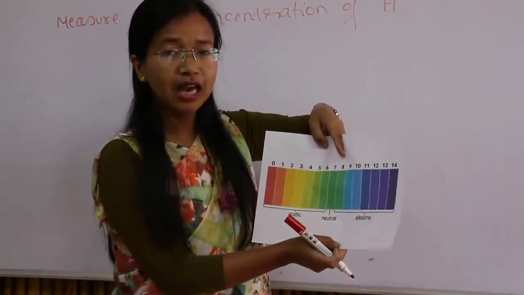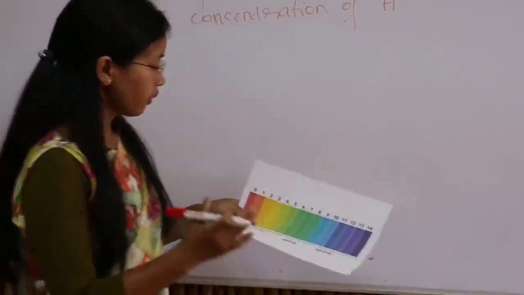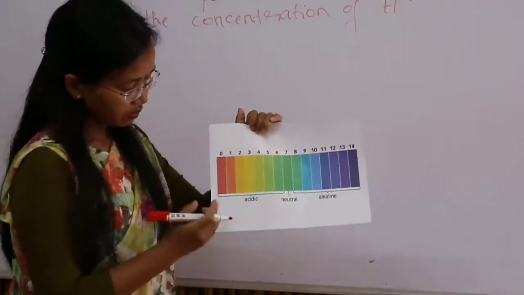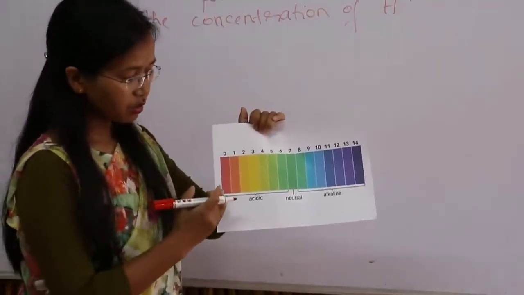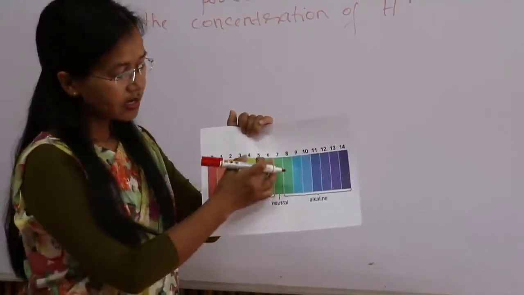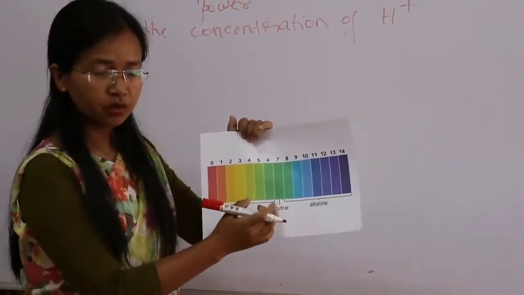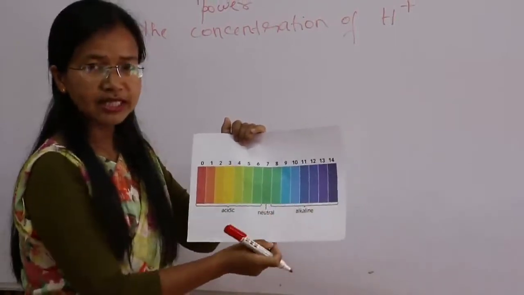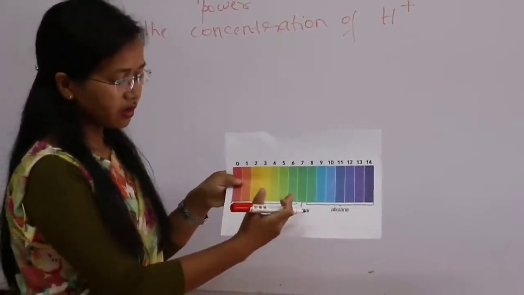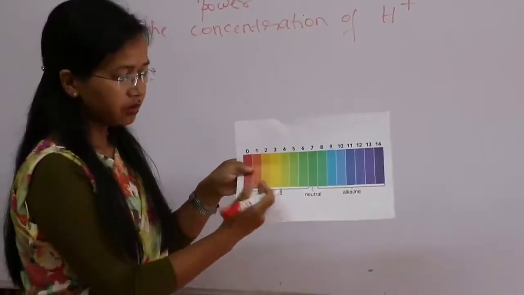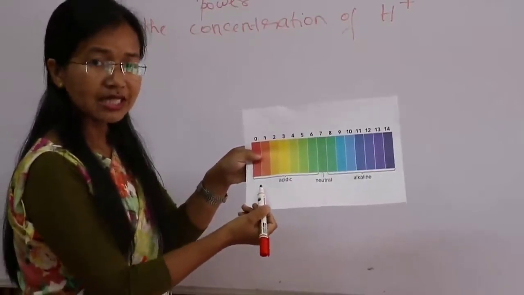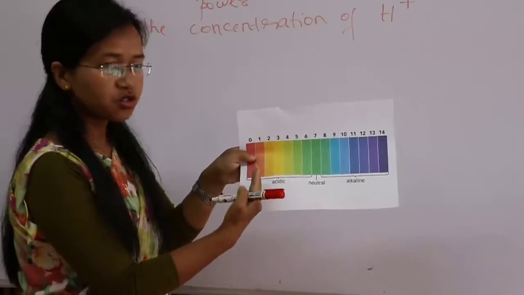can say very alkaline. So, in this pH scale, the value from 0 to 7 indicates an acidic nature. 7 indicates a neutral value. From 7 to 14, it indicates the basic nature. So it means as we go down from 7 to 0, the value of pH is decreasing and the concentration of H plus